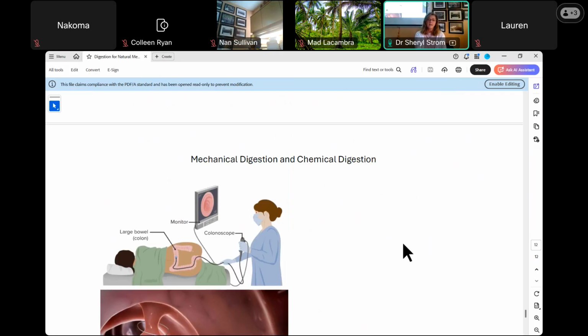And the individual is sedated, meaning that they are not actually asleep. Most people are sedated. Some do have to go under anesthesia. And this colonoscope, remember the one that I talked about was an endoscope, so going through the mouth. The colonoscope is inserted by a medical doctor, and it goes through the rectum.